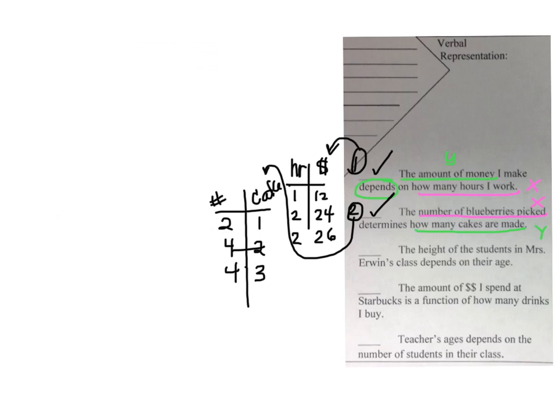The height of the students in Mrs. Irwin's class depends on their age. Well, the height of the students in Mrs. Irwin's class is the one doing the depending on the age, x, and I already have a green y there, so that green y goes there too. We'll call this example number 3. So my third table, I would make an x and a y,